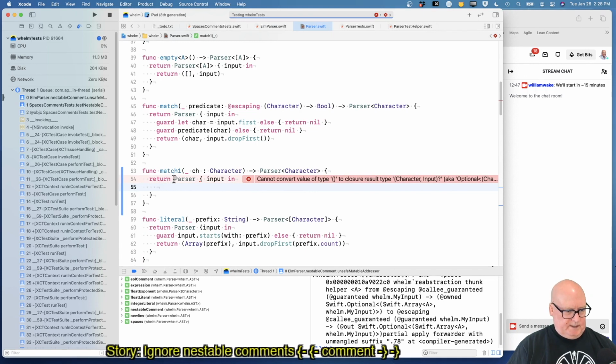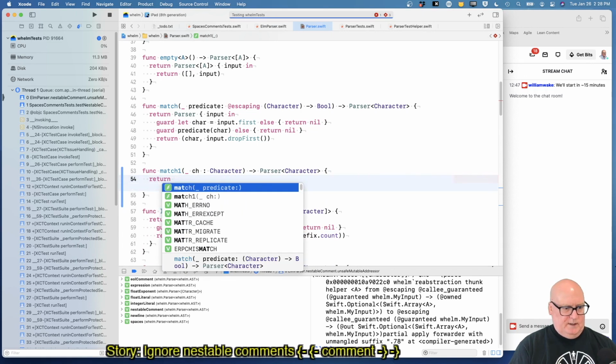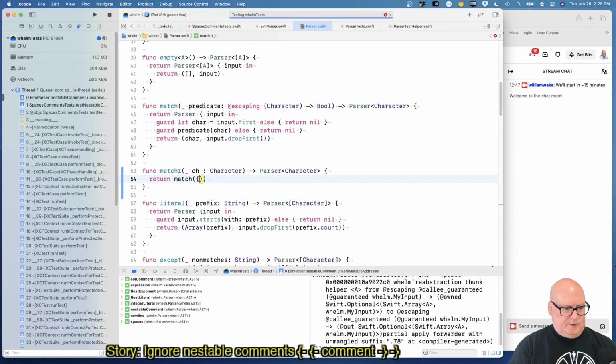Well, no, I guess he can just return match with the predicate character equals $0. Yeah, $0 is our input. He calls the predicate on the character from the input and checks whether it matches the one we said we would get. Okay, let's swap that